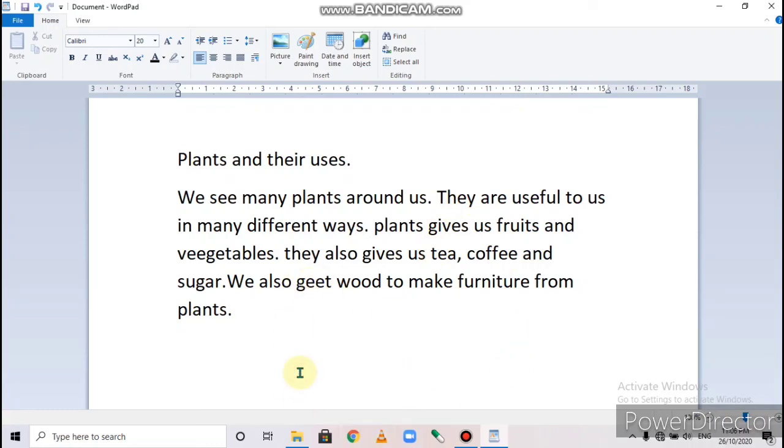Now page number 53. Deleting text. We may need to erase some text while typing. This can be done using either the delete key or the backspace key. Similarly, if we want to delete any extra word, any extra sentence, any extra letter in the paragraph, then we can delete that extra point by pressing the delete and backspace key.